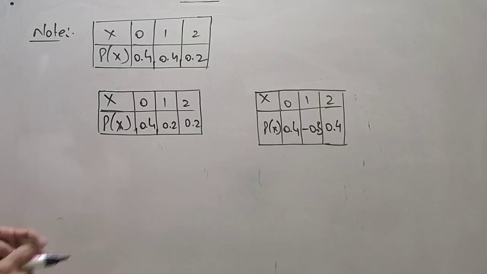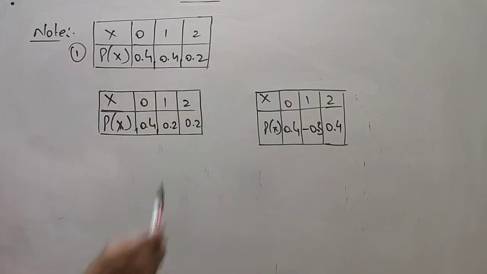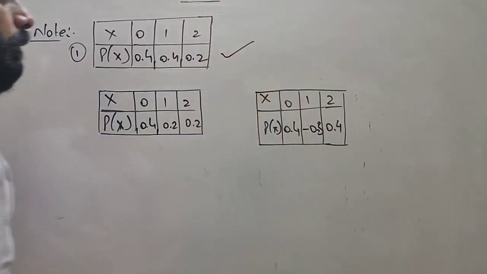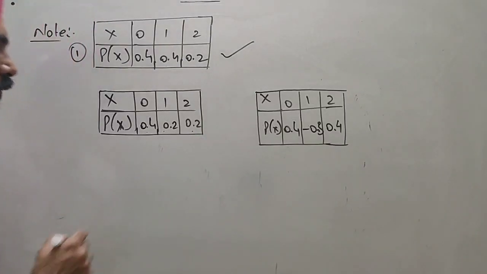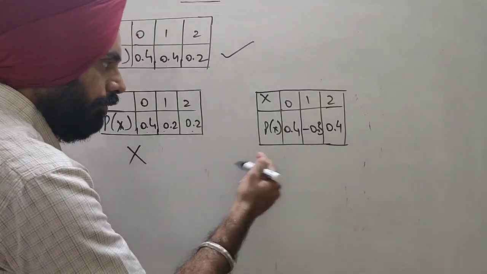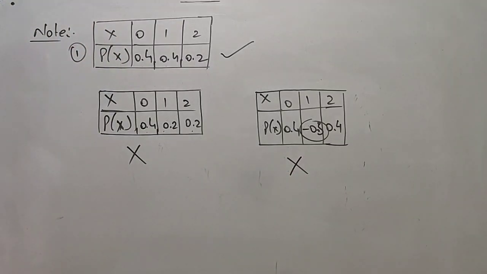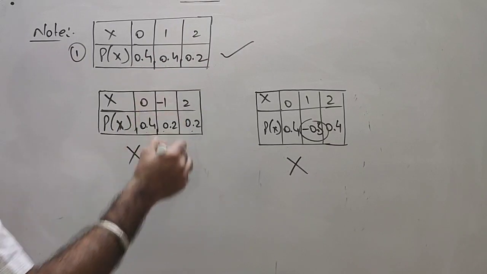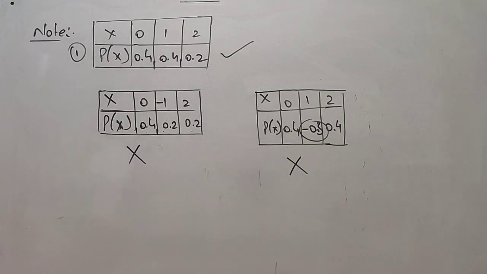Now look at these probability distributions. In the first case, there is no negative probability, and you can see that the sum of these probabilities is clearly 1. So this is a probability distribution table. Now in this case, see that the sum of these probabilities is not equal to 1. So this is not a probability distribution table. And in this case also, there is one negative probability, which cannot be possible. So this is again not a probability distribution table. X can take any values, negative or positive, it is possible, but probability cannot be negative, and the sum should always be equal to 1.